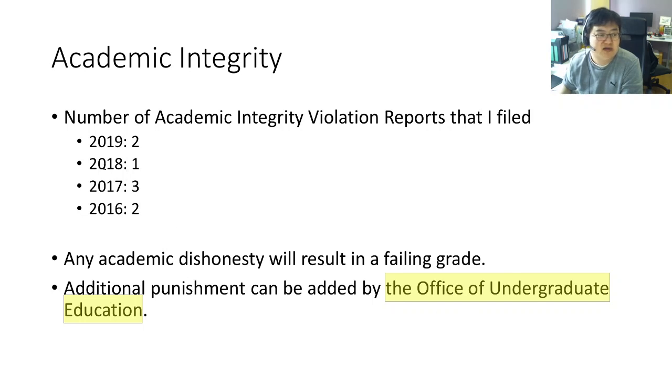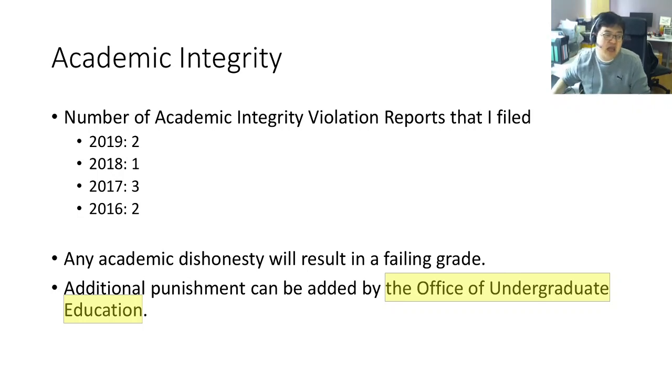I did it once in 2018, 3 students in 2017, 2 students in 2016. Before 2015 and 2014, I have done the same thing, I just do not track the numbers. In 2020, unfortunately, I could not catch any cheating because everything became online, so it was hard to catch the cheating. But anyhow, the point is, I'm very serious. I'm very strict, and I enjoy this. I enjoy punishing those bad students.